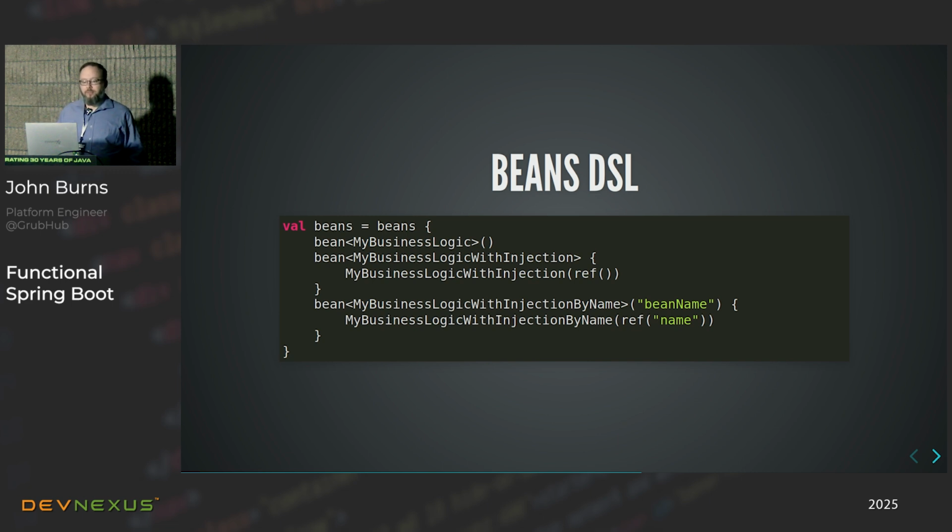In this case, there's some nice helper functions in the DSL where if I'm invoking a constructor, like in this lambda here, on the second bean, I'm invoking this constructor, and it has an argument. I just put ref, and basically the compiler figures it out. This is not using anything frameworky. This is literally just using the Kotlin language features that exist. Inline reified generic functions, basically, and extension functions are the main things that it's using under the hood. So this is not any kind of special Spring thing, really.